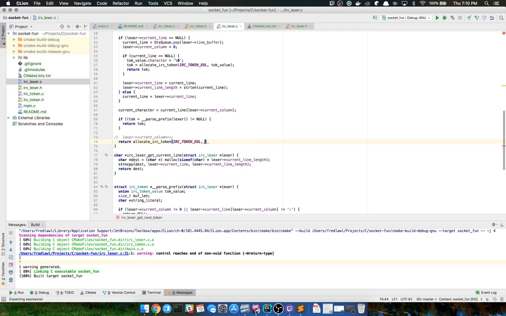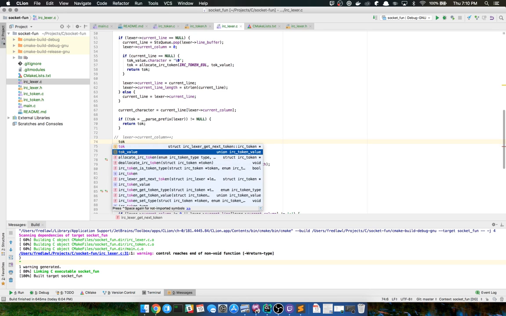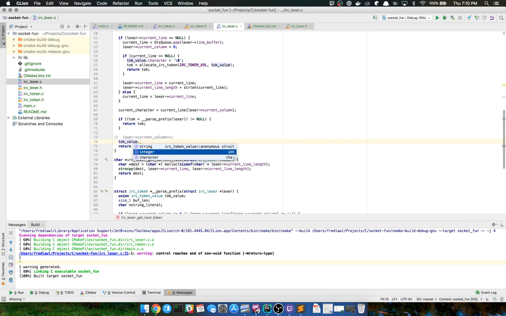I'll just do EOL. And then token value is just going to be like, just going to do this, make it an empty character, and token value. All right.